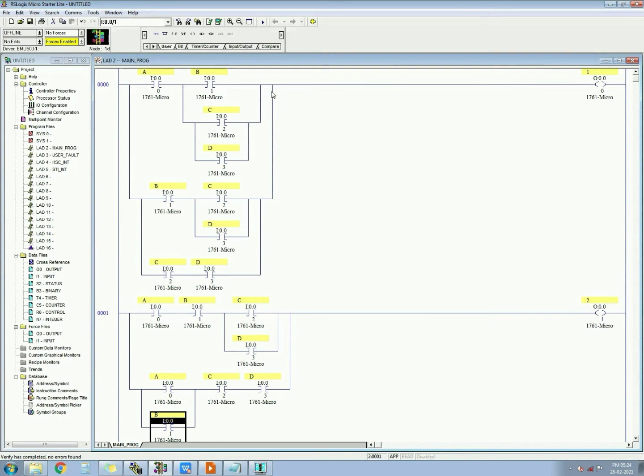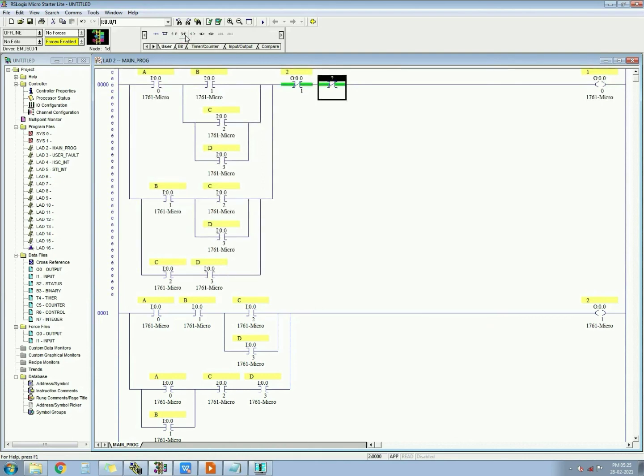So what I will do is I will take NC of output number 2, O0:0.0/1. When this output gets on, it will switch off this output. And you also have to take NC of the last output, because when the last output gets on, it will switch off output 2, so it can switch on output 1.